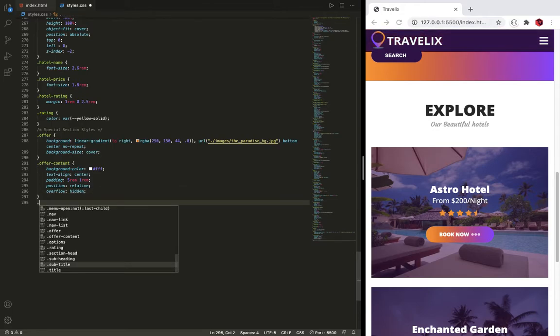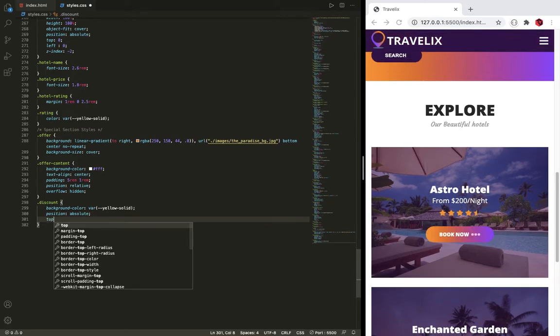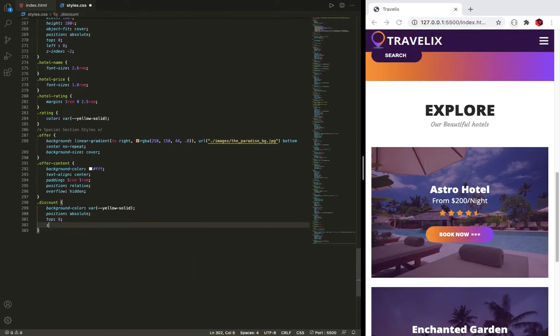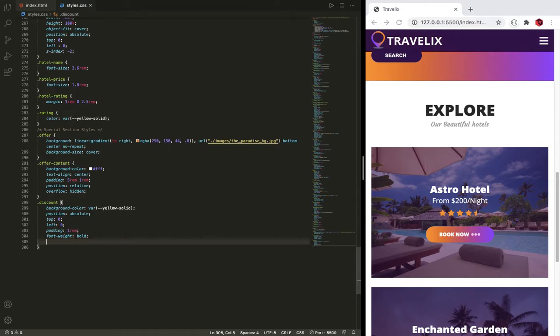Now after this I will say .discount, and inside this change the background color to yellow solid, change the position to absolute, top 0, left 0, padding 1rem, font weight bold,